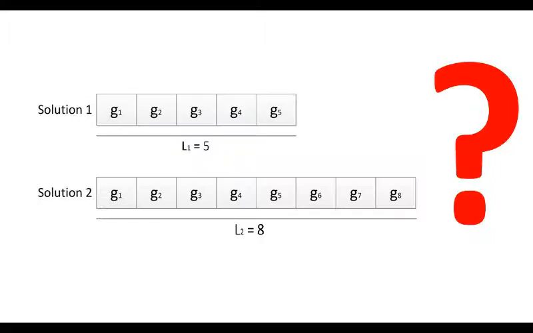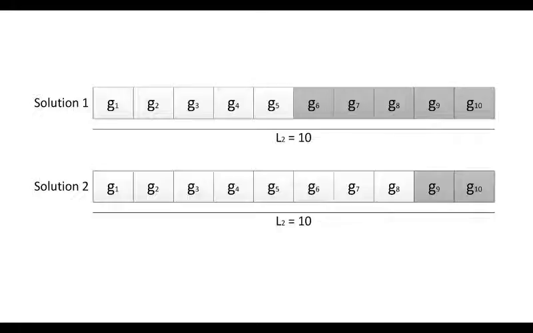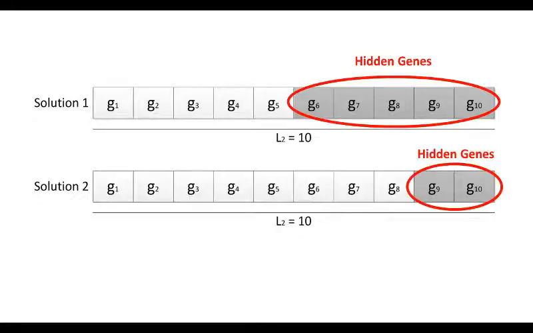But what if we are optimizing a variable size design space problem, where the number of variables is a variable itself? As you know, in standard genetic algorithm, the length of the chromosome or the number of variables is fixed. So inspired by how generations evolve in biology, we introduced the concept of hidden genes to handle the variable size